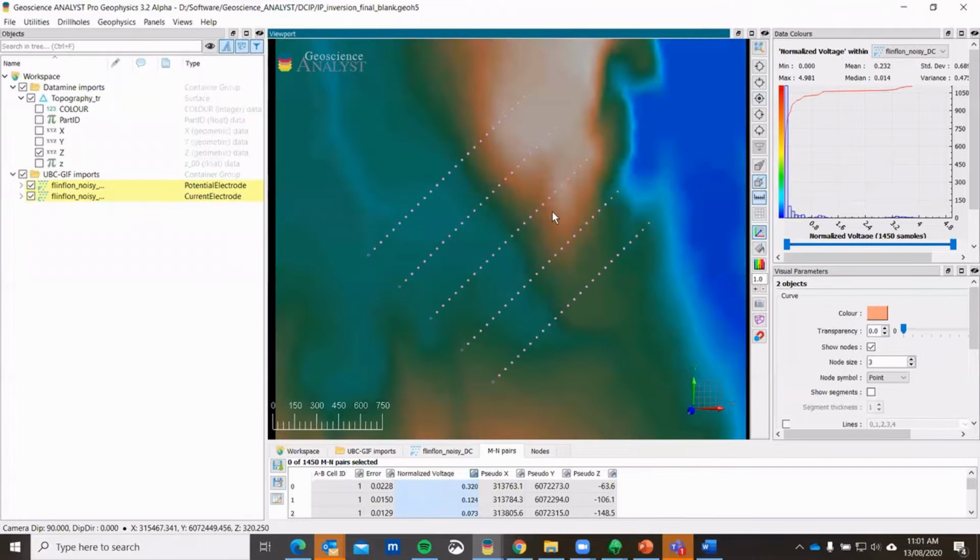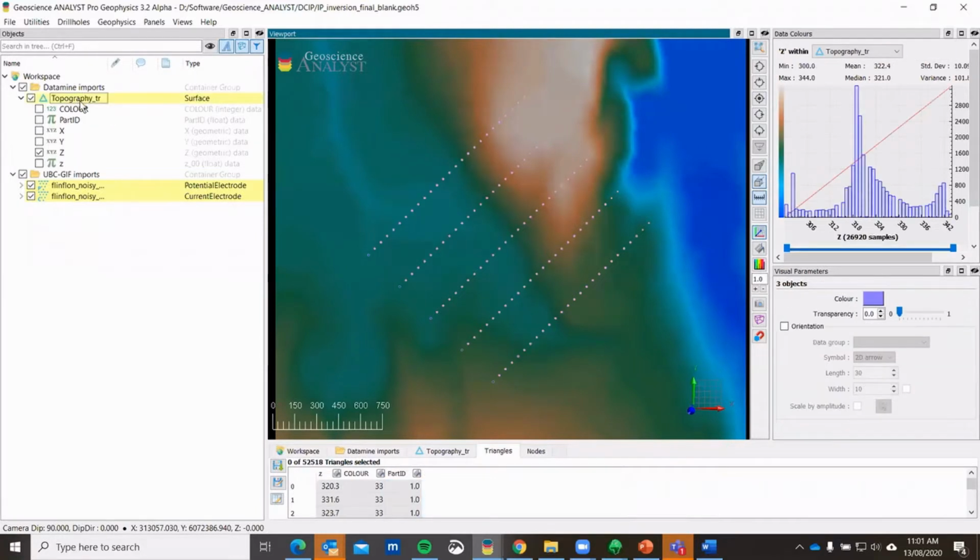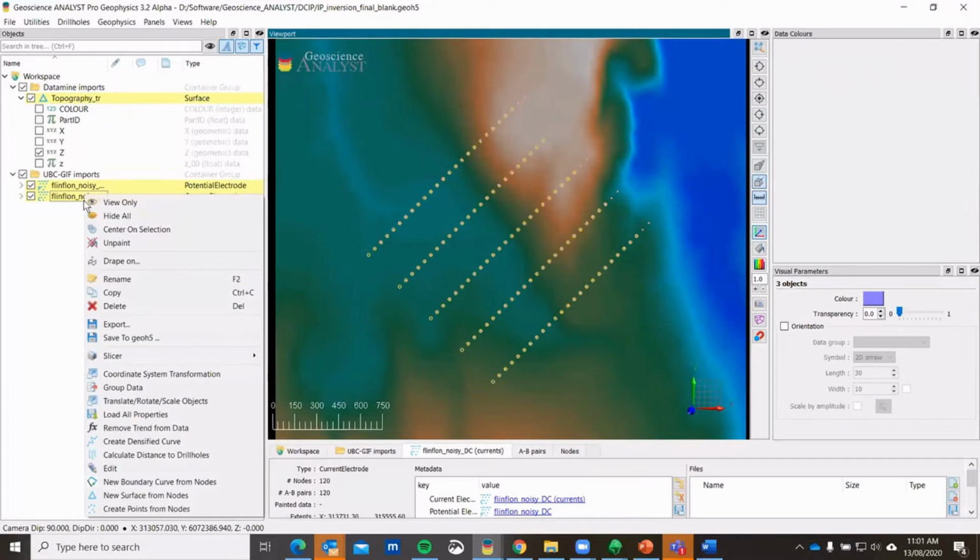So the next thing we have to do, if I view this in plan, is that these lines are oriented northeast, and we want to rotate them to an east-west orientation for the purposes of inversion. So that's also very straightforward. We just select the objects that we want to rotate. So we've got to rotate the topography surface and the DC resistivity objects. Right click, translate, rotate, scale objects,